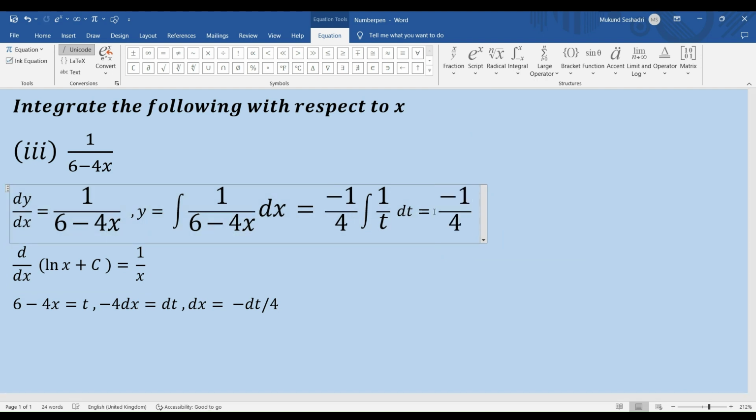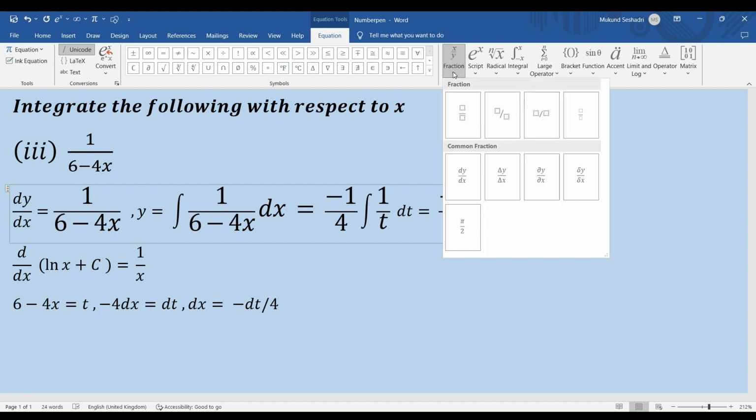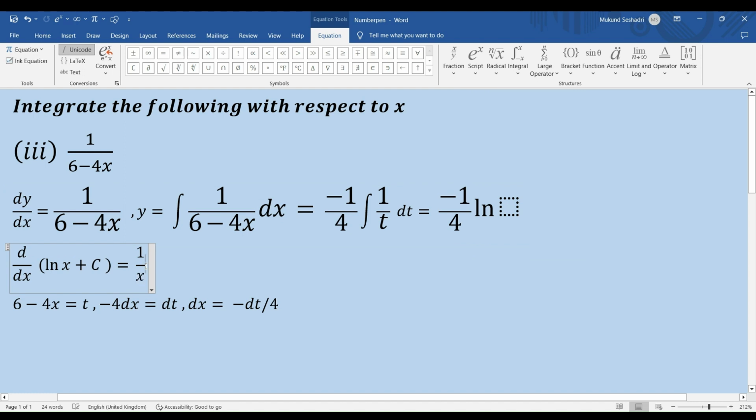right? And this is where you will have to understand this very closely. While I have my d by dx of ln x plus c equal to 1 by x, right? When I put back the antiderivative for the function 1 by t, I will have to represent it as ln of mod t, right? And why is that? Because my t cannot take negative inputs, right? Because ln of a negative number is undefined. So we rewrite the antiderivative as ln of mod t. Let me write it here itself so that it becomes a lot more clearer. So what happens is